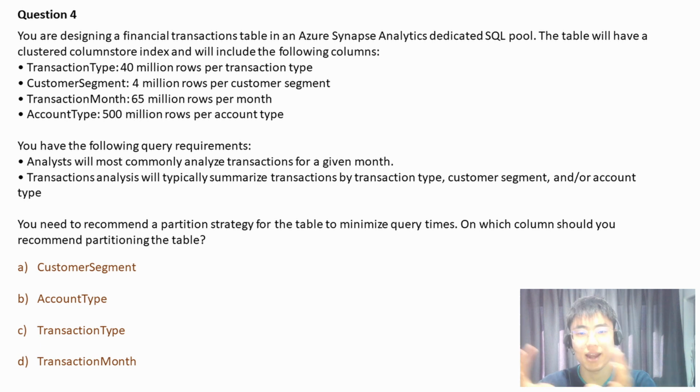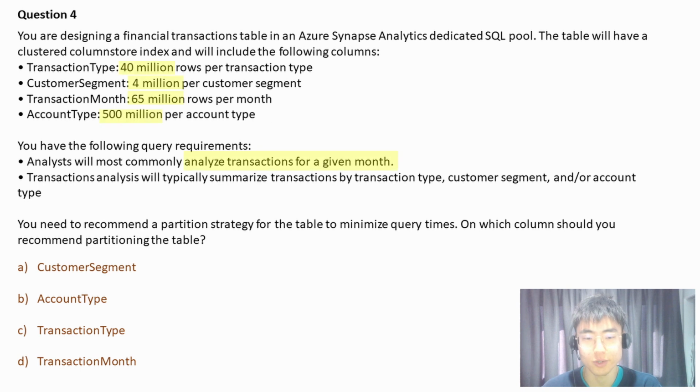If we divide the data into categories that make sense for us to use, then it can help improve the performance of the queries. So I think going through this question is a perfect example here. Looking at the query requirements, analysts will most commonly analyze transactions for a given month. So it makes sense that when we carry out our queries, what we want to do is to grab the data for each month. So this tells us that transaction month is the ideal column to carry out our partitioning